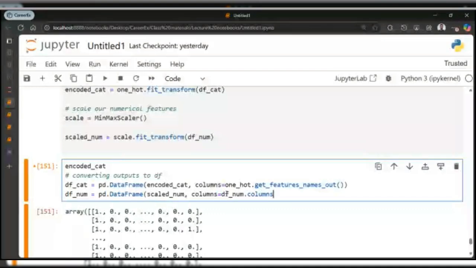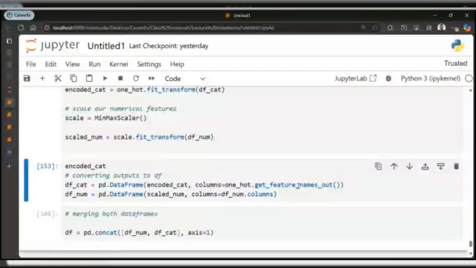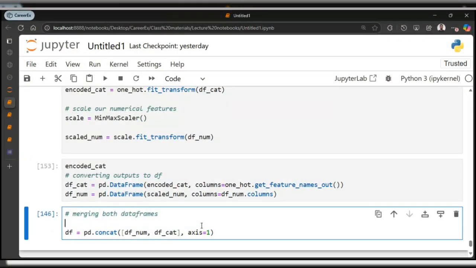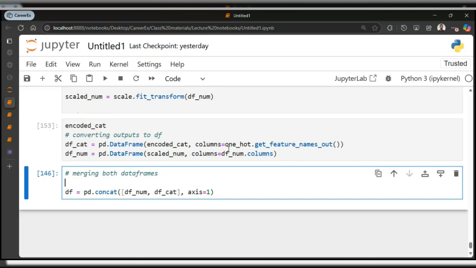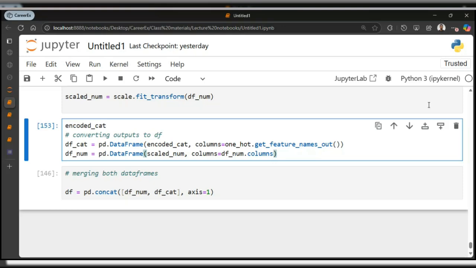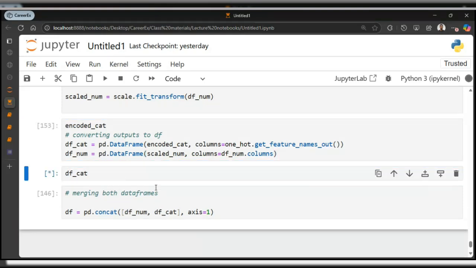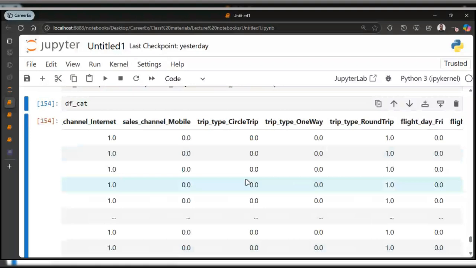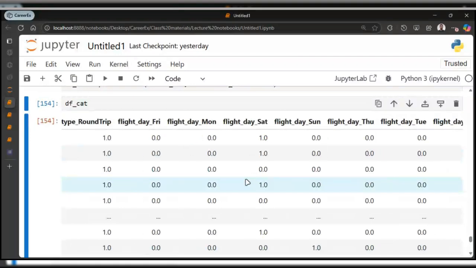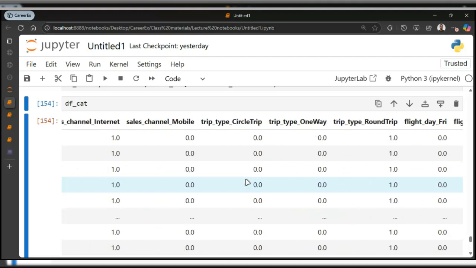All right. So I know this feature name stuff is... let me try this. All right, so that's perfect. There's no S here. So then we've done that, so we can now concatenate. If we check our df_cat, you are going to see that we have a whole lot of new columns for the categorical variables. So this is one hot encoding. This is basically how one hot encoding will look.